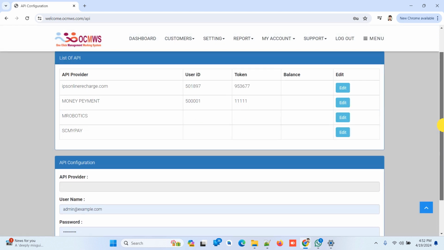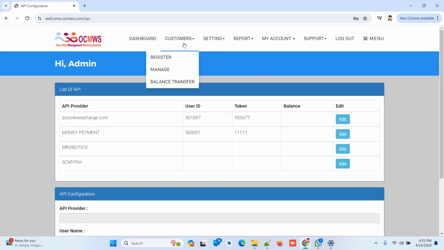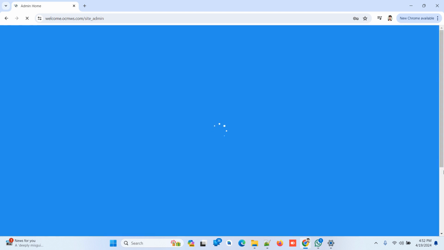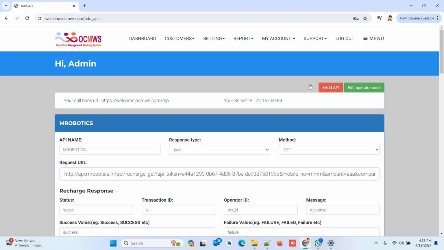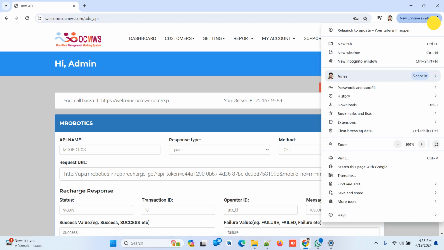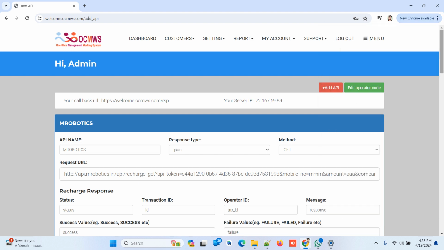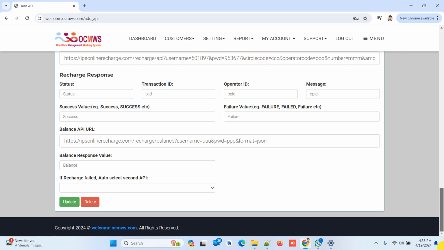Now you can also add your custom recharge system APIs, and it becomes an Android app that we build, a unique app, not fully customized but unique. And you can add money API.